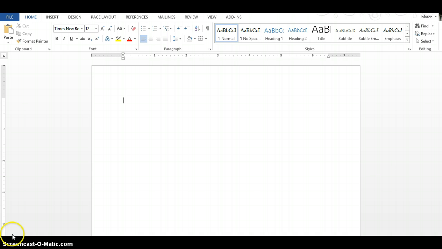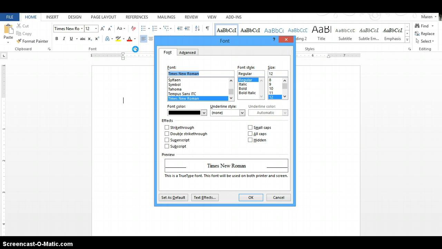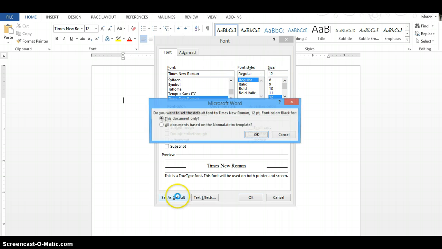So first off, before you even start, one thing that I like to keep in mind is setting your defaults. So if you see this little box at the corner, and it's going to be different if you have a Mac, you're going to have to go to Format instead, but you'll want to make sure that you make your font Times New Roman 12 point, set that as default, and pick all documents,